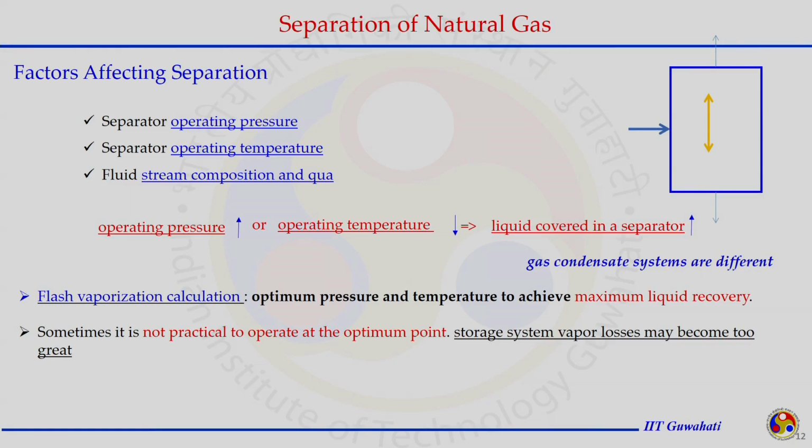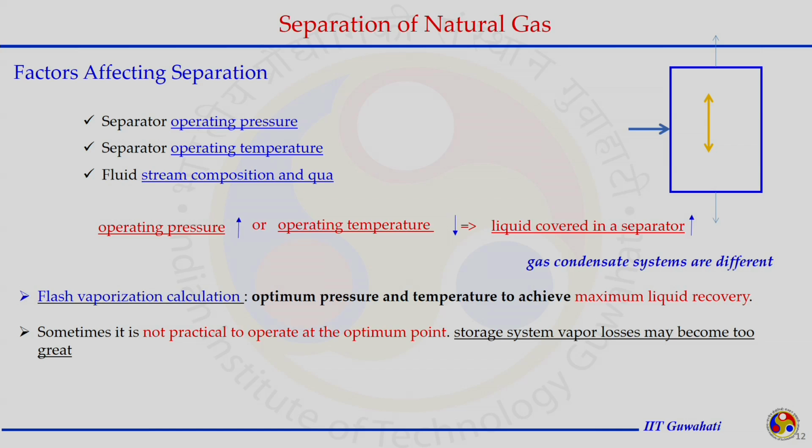So, for example, a particular well is producing fluid or gas with a certain composition, and that is not going to change much, but the temperature and pressure are in the hands of the operator. He can change them to collect more liquid, or he can operate at a higher pressure where the separation is happening and the gas is also carrying some of the higher hydrocarbons. Ultimately, it is in the hands of the operator to separate these phases by setting the pressure and temperature of this separator. But how to choose that, how to decide that?